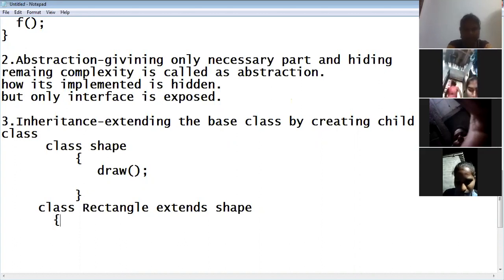So here the draw function may be defined as, let us assume, just drawing rectangle.